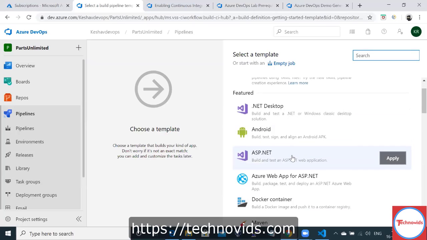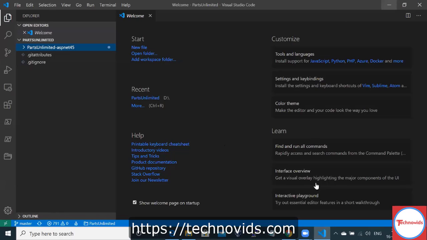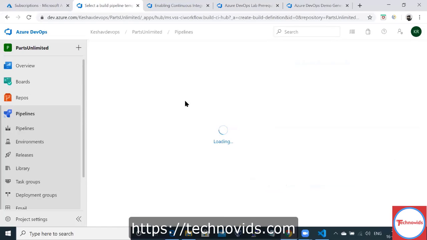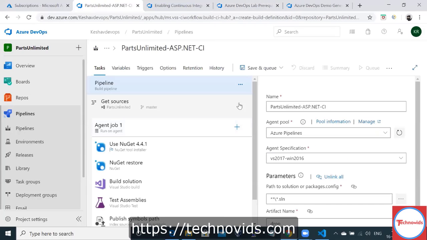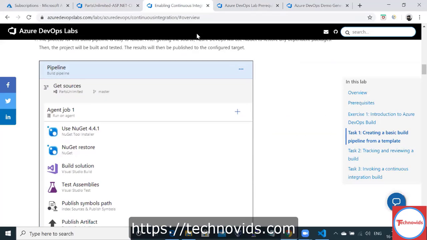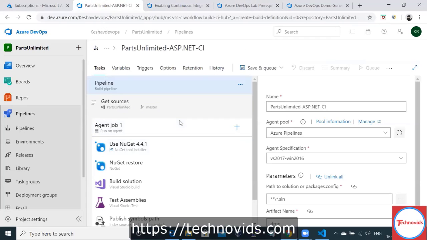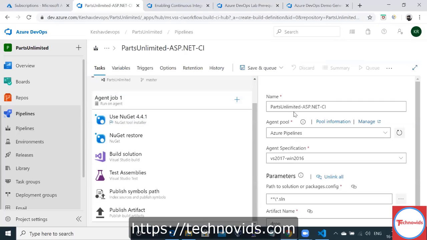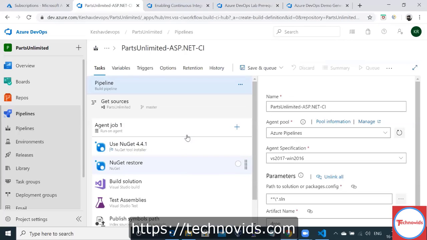Now I'm going to create an ASP.NET pipeline, okay? Because my application is based on ASP.NET. So I want to create ASP.NET pipeline. Perfect. So now my pipeline is, okay, let's see what all things we got. When we talk about creating Azure DevOps pipeline, and when we select one of the templates, we have option to select an empty template as well.